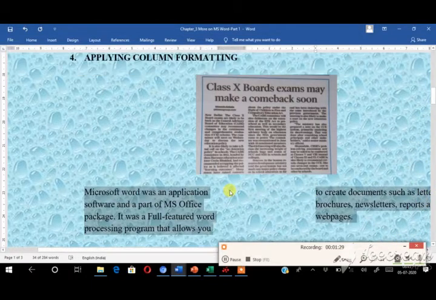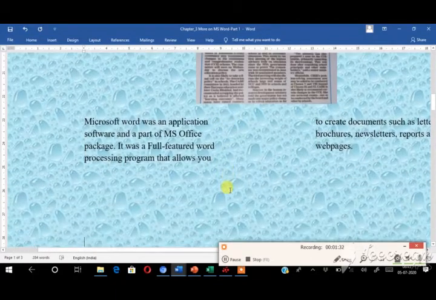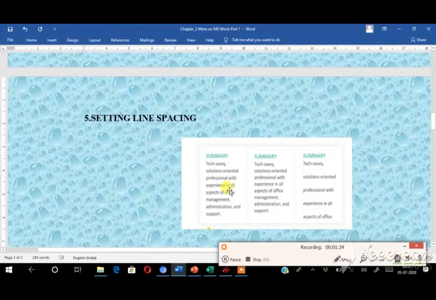And then next one is setting line spacing. You can control the vertical space between the lines of text. Using this option, you can increase spacing to improve readability and reduce it to fit more text on the page. Line spacing is the space between each line in the paragraph. Word allows you to customize the line spacing to single spaced, that is 1 line high, and double spaced, that is 2 lines high, or any other amount you want.